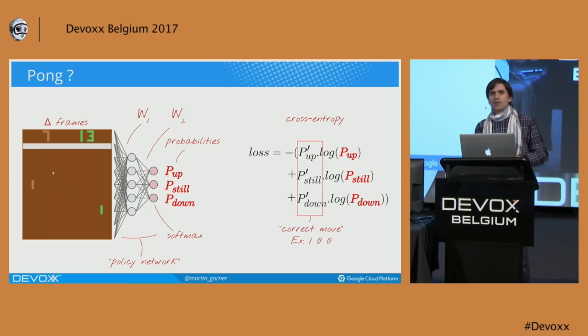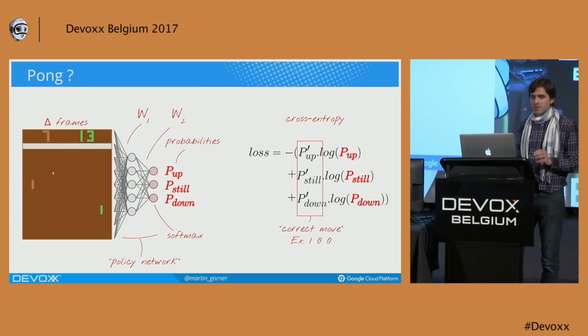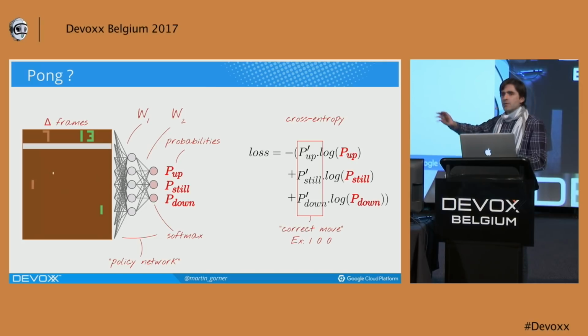Just a little technicality that has to do with Pong specifically. In Pong, if you feed the board state, there is not enough information to see where the ball is going. If it is static, you can't see if the ball is moving forward or backward. So to give that information to the system, you actually feed the difference between two consecutive frames. On a difference between two consecutive frames, you see the trajectory of the ball. So that's just a wrinkle that is specific to Pong.